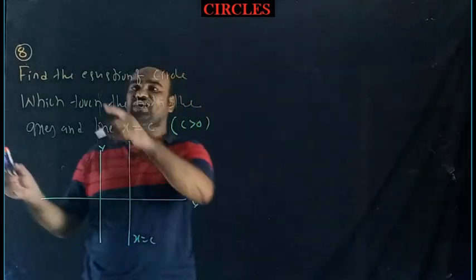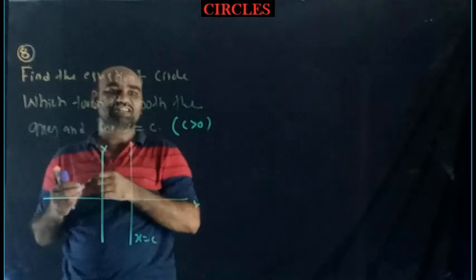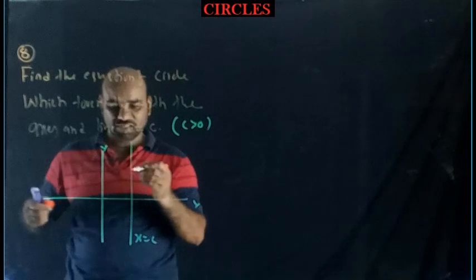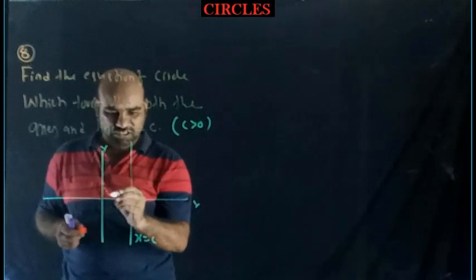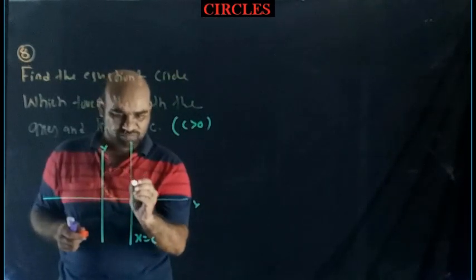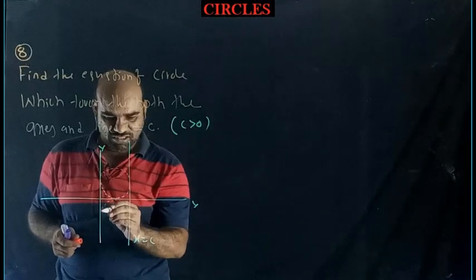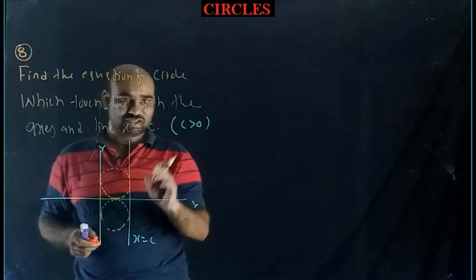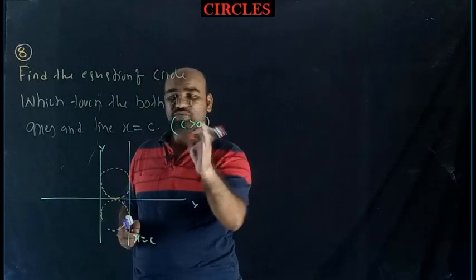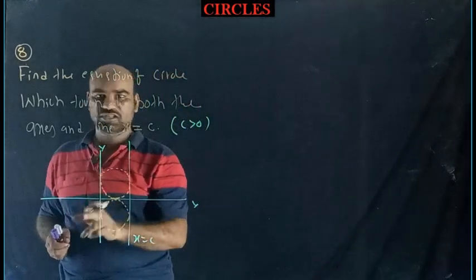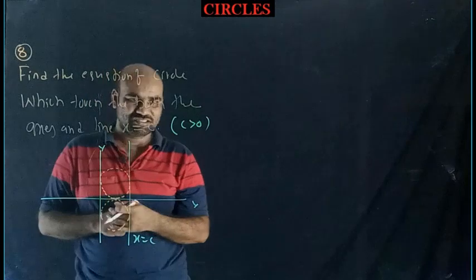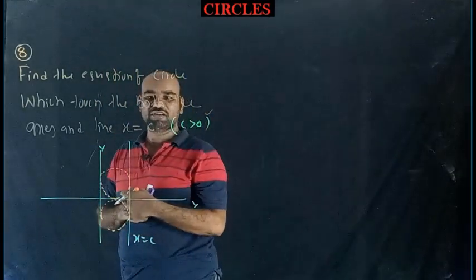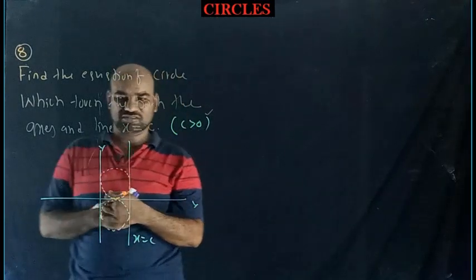Now what is the question? Find the equation of the circle which touches both the coordinate axes and also touches the line x equal to c. This is the required circle, and here we also get another circle. Students, understood? If the sign of c is not mentioned, c may be on this side, so another 2 circles exist, and a total of 4 circles will exist. That's why I changed the problem. I took c as greater than 0, then we'll get 2 circle equations.